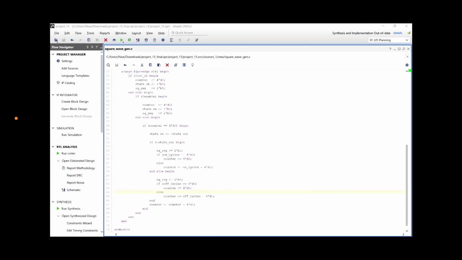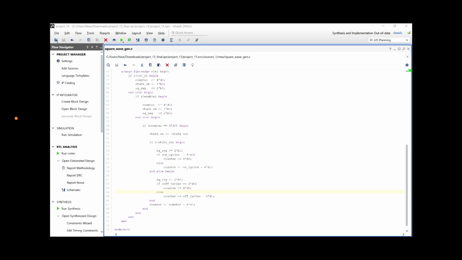Now, as we have divided the clock by 2, if the reset is set to 0, the global counter, the on state and the output all three become 0. Also, if the reset is not low and the enable is low, the global counter is set to 0, the output also goes to 0, and the on state is also set to 0. But if the enable is high and the counter is set to 0,